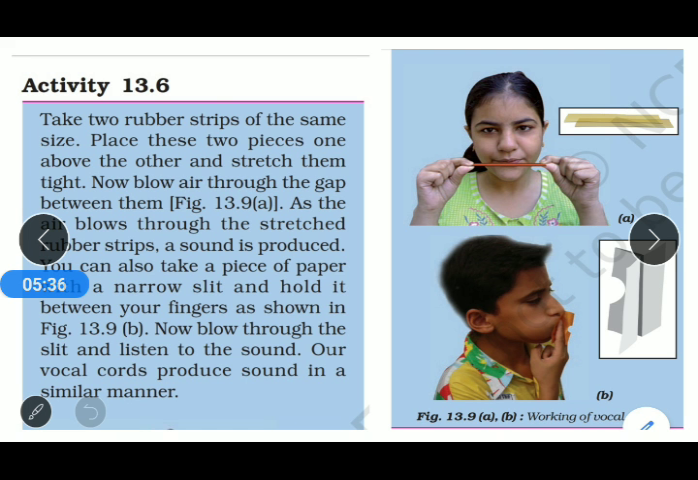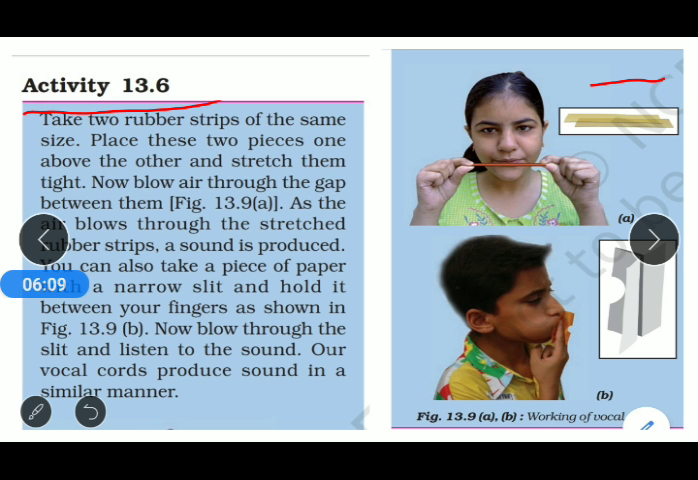Now we will move on to the activity, and that is activity number 13.6. With the help of that activity, we will understand how the vocal cords function in the larynx, or voice box. To understand better what we are going to do in that activity, according to the picture